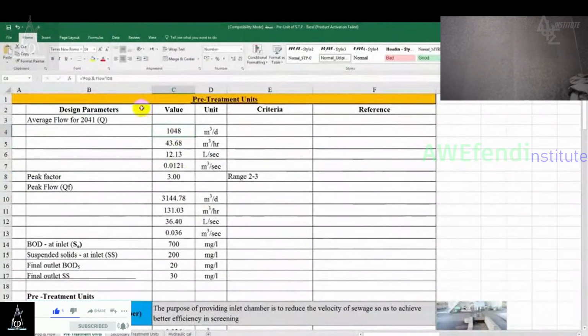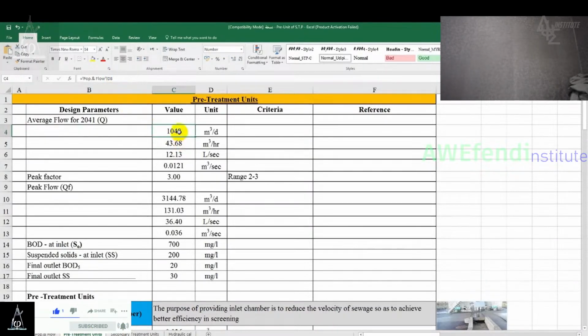So the name of this cell is the name of the previous sheet, population and flow, and the name of the cell at that sheet,